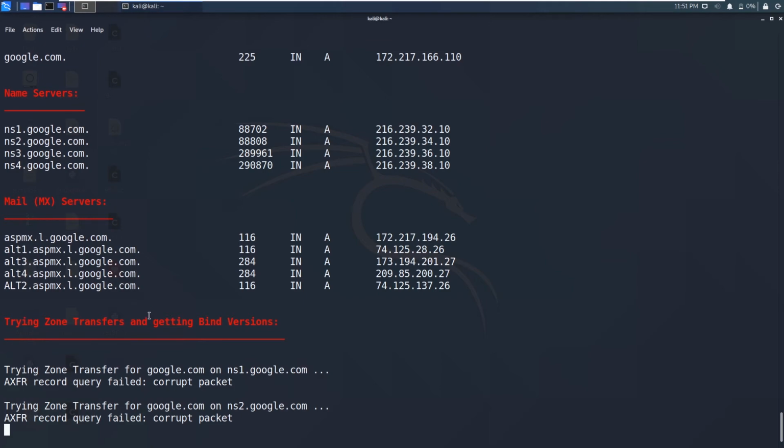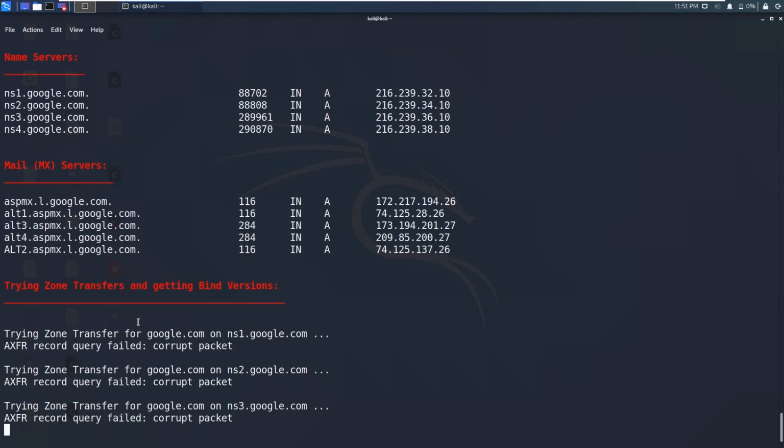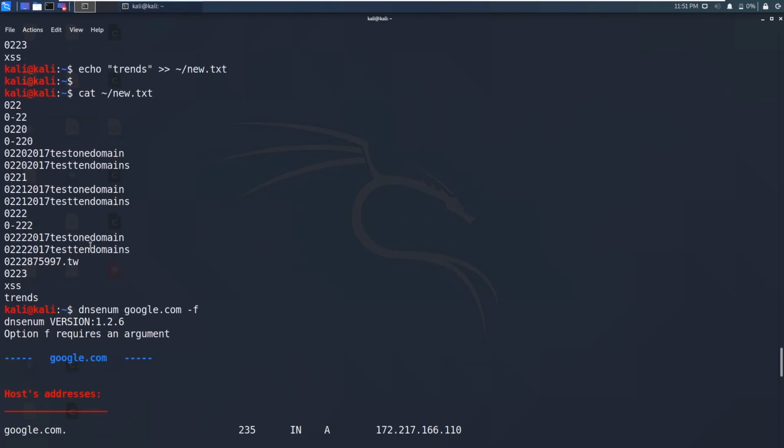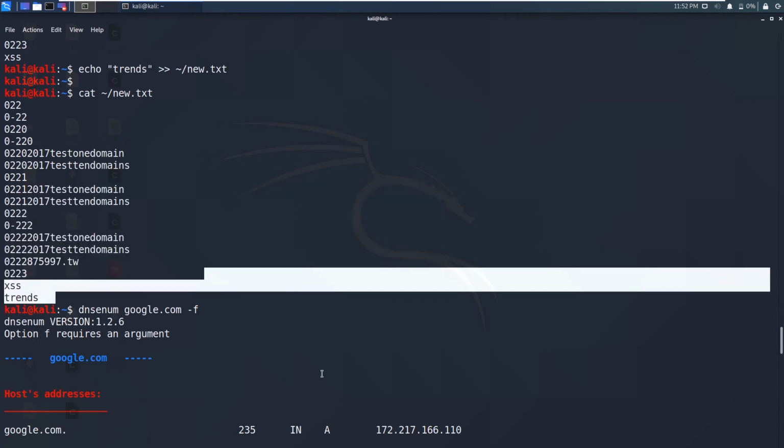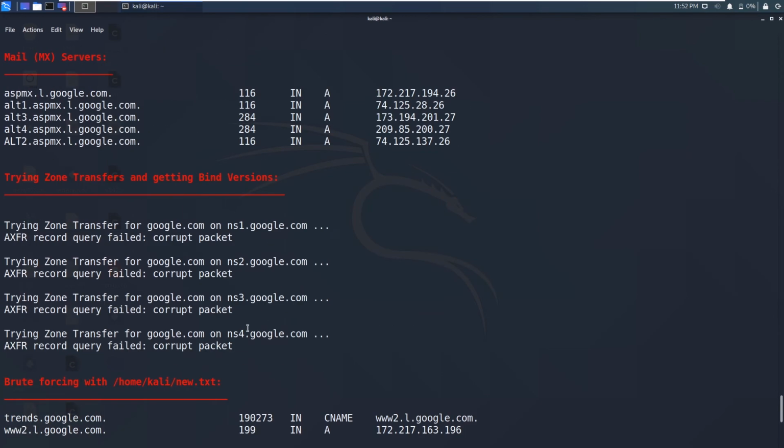So we can see whether the contents of this text file have been tested or not.